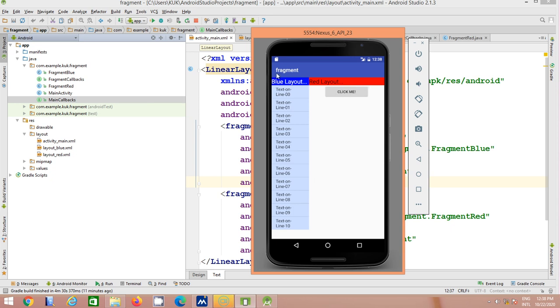We will simply divide our screen into two parts. One is the blue fragment and the second one is the red fragment. The blue fragment contains a text view and a list. The red fragment simply contains a text view and a button. When we click on any value in the list, the corresponding value is displayed in the text